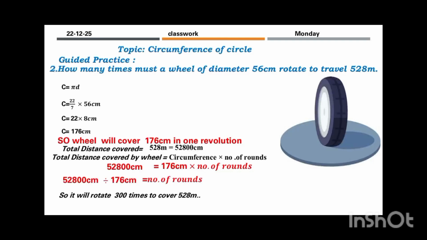Now, how many times must a wheel with diameter 56 centimeters rotate to travel 528 meters? So again, pi d formula, you're going to find the circumference. You're going to get 176 centimeters. So the wheel will cover 176 centimeters in one revolution. You have to find the total distance, 528 meters is equal to